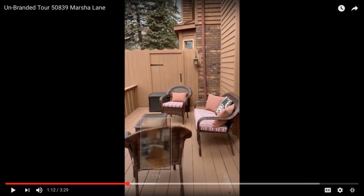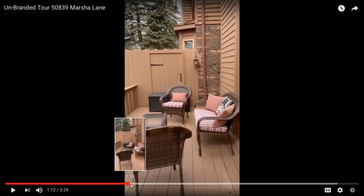I'll fast forward a little bit more and play a little more. But what she did is she walked in and showed the main space first, kind of panned to the left to the room that was closest to her, how you would experience it walking in. You're going to notice that bathroom right at the entrance there. Went to the bathroom, and then she showed the dining room, but she went right to the outside. So you can do stuff like that where the seller is just sort of walking through how they experience it, panning nicely like she did with the exterior, or just really show the house and then kind of do a